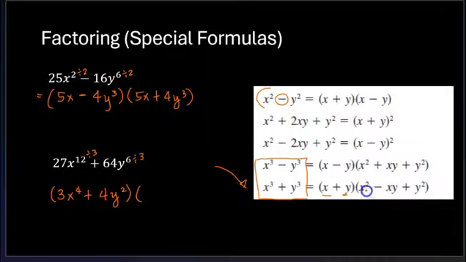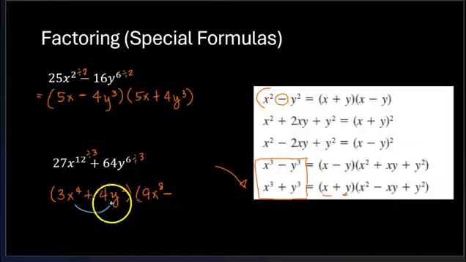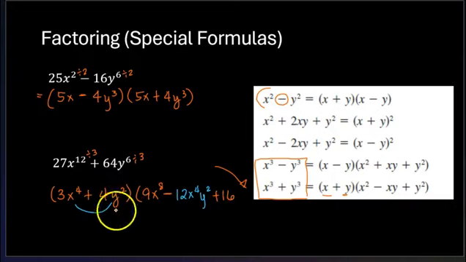How do you easily remember this without doing x, y, x, y? You square the first term. You simply take the square of this, and then that would be minus. Then you just multiply the two terms. That's how you get the middle term: 12 x to the 4 y squared. And the last term, you take the square of this. So that's 16 y raised to 4.